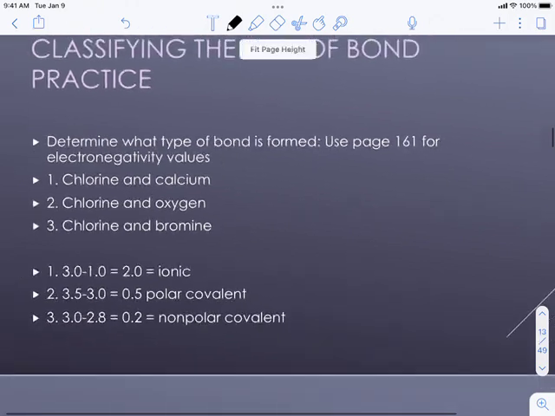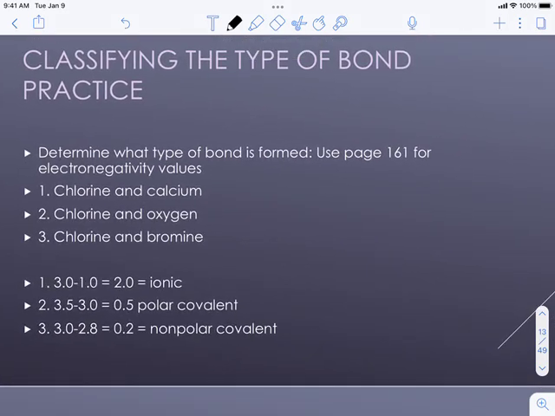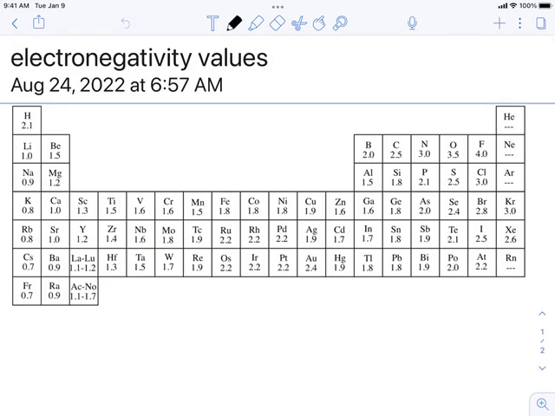Here's just very easy practice, just subtracting, using that table again. The first one asks for chlorine and calcium. Chlorine is 3.0, calcium is 1.0. When we subtract, we get 2.0. Now you might be thinking, wait, that's greater than the 1.7. So would that be polar, or what would that be? If it's above 1.7,